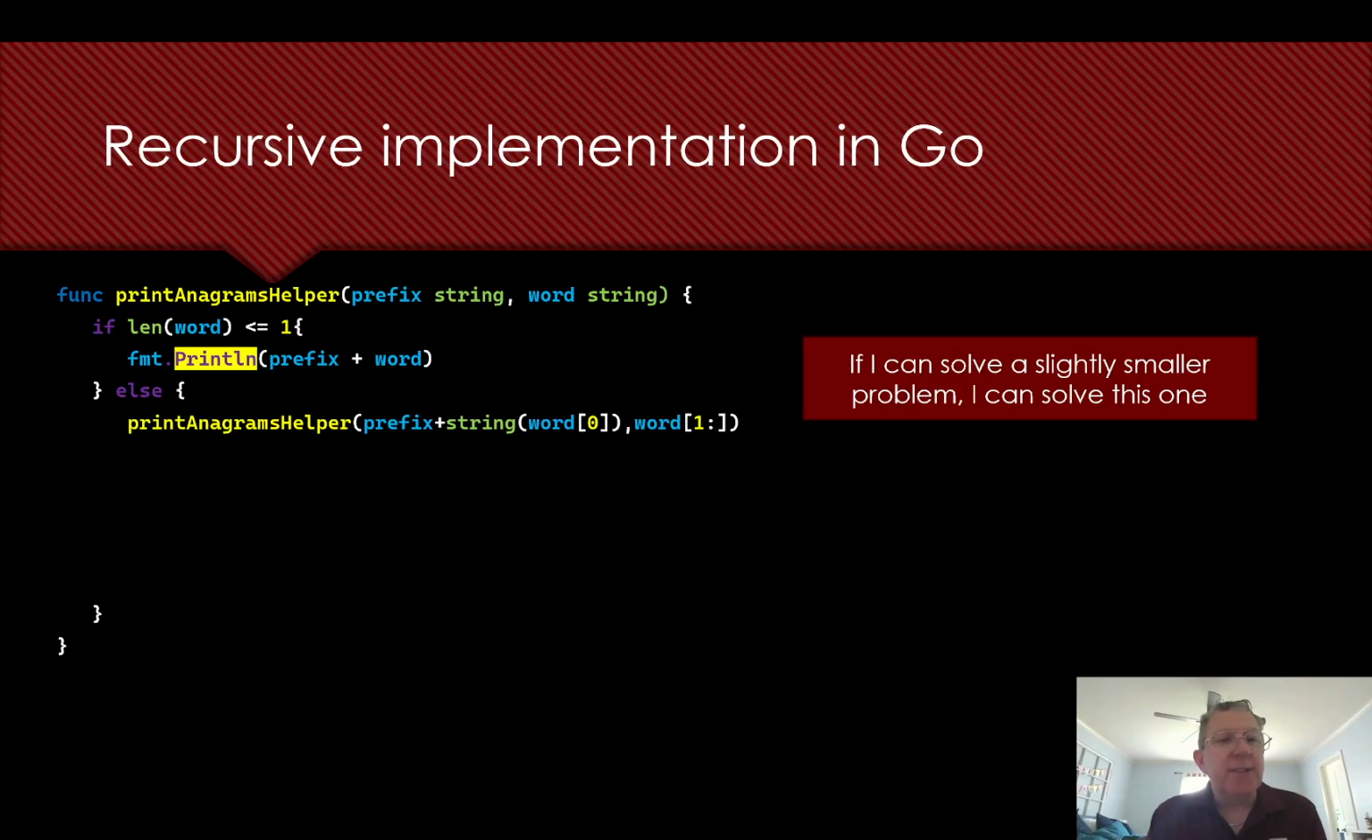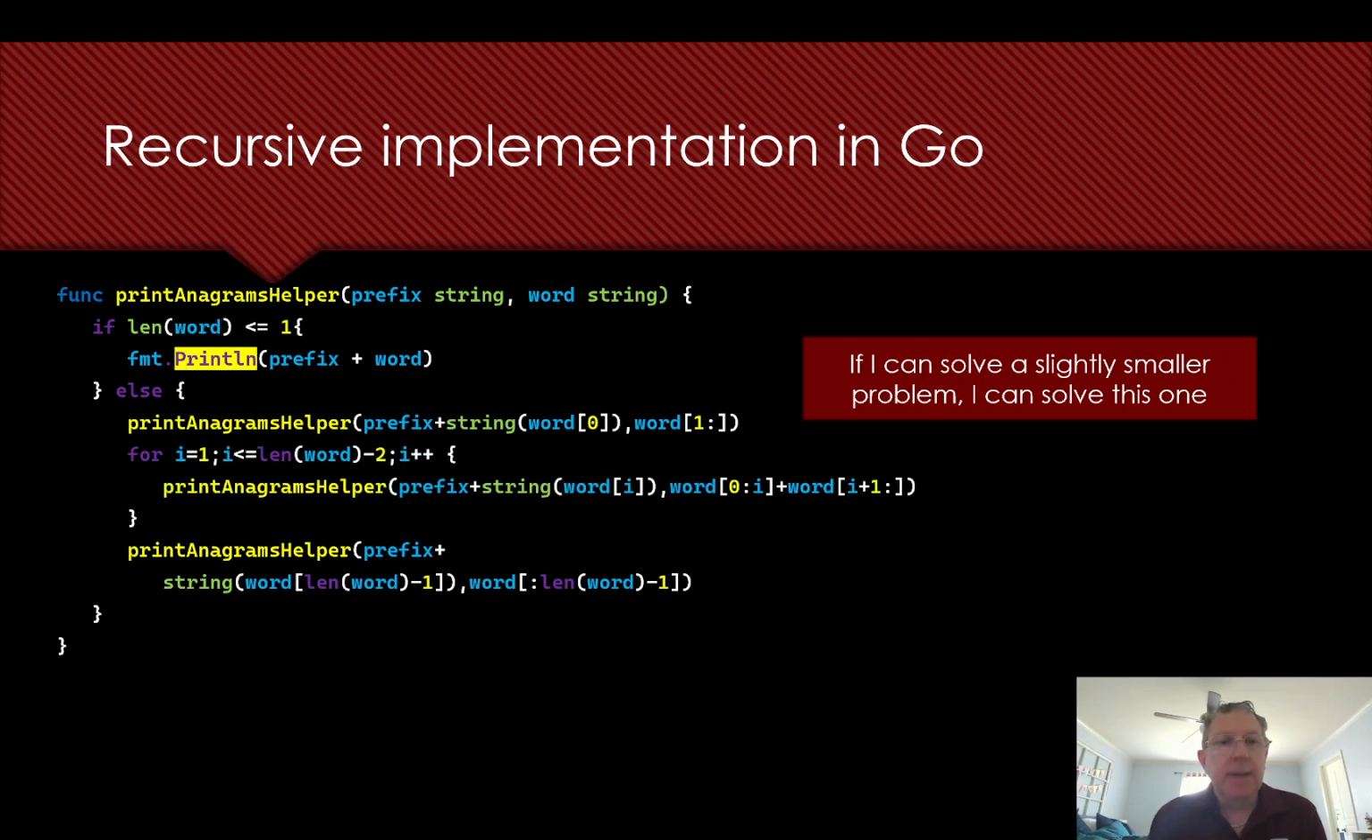So if the word is n letters long, it will print out all the anagrams for the word with the last n-1 characters, with the first letter as a prefix, plus any prefix that we already had. We do the same thing for the last letter of the word. We add the last letter to the prefix and do a recursive call with the first n-1 characters of word. In the middle loop,